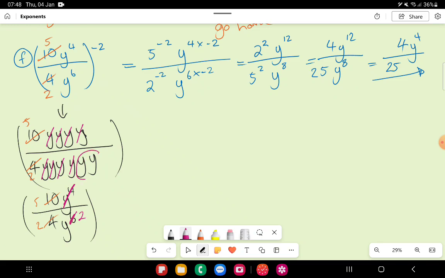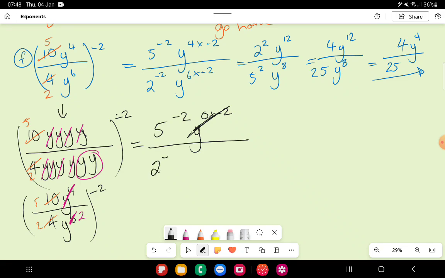Can you see there's 2 remaining here? Which means that this becomes, okay, so negative 2 is the external exponent. We keep that. This becomes 5 minus 2. The y's are gone, right? This ends up being y to the power of 0. So I can write it out. I can say y to the power of 0 times minus 2. Or I don't have to write it, because anything times, it's gone. It's gone. There's nothing there. Okay? Over